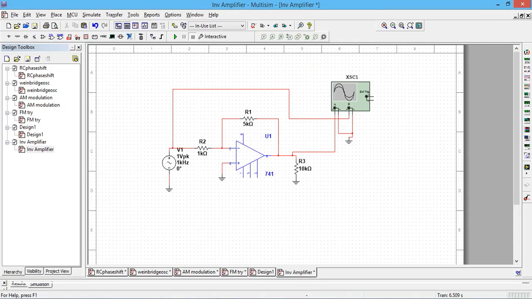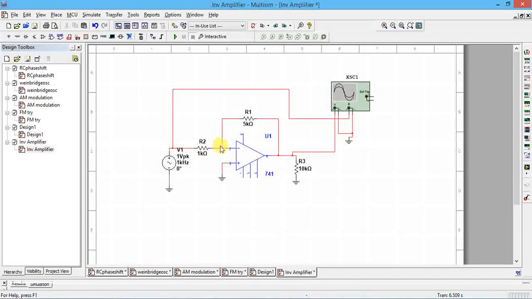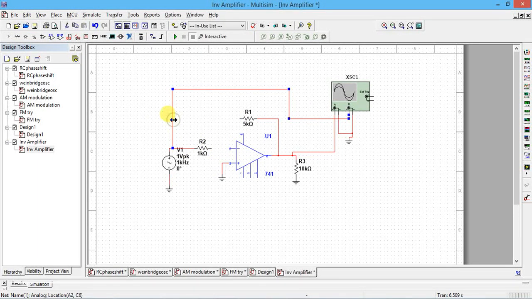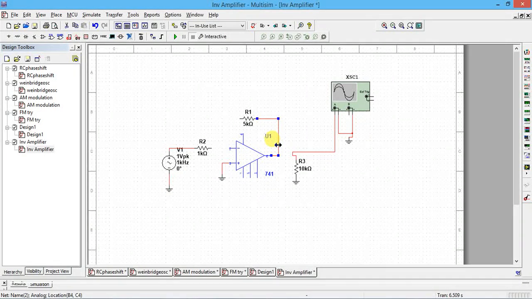So I am opening the circuit diagram. What are the components you have to pick? I already rigged this up, so I'll redo it. The first component is the op amp.